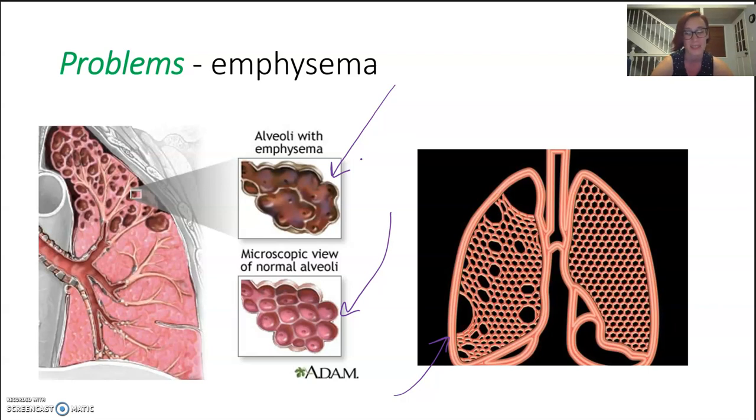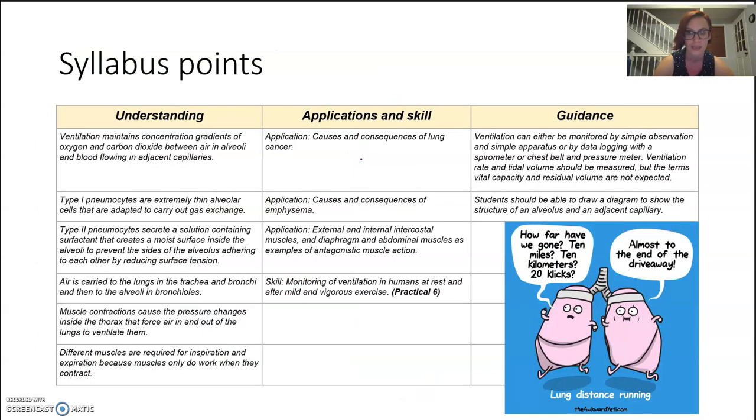Now, this damage is irreversible, okay? Once you do damage from smoking, it is irreversible in this particular case. It's chronic and it will stay with you forever. You cannot fix this damage. All right, here are our syllabus dot points to make sure you have a read,